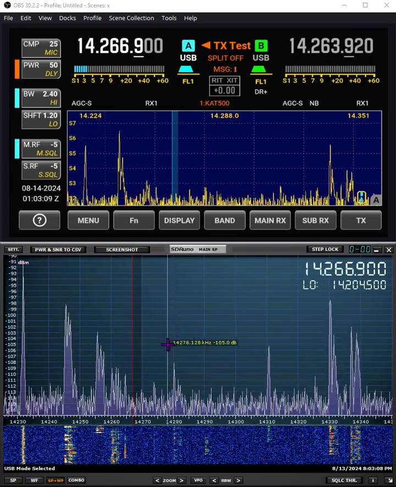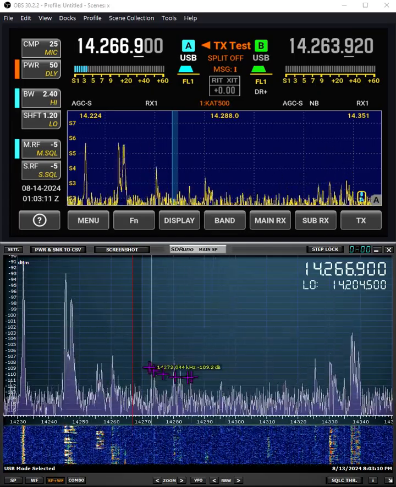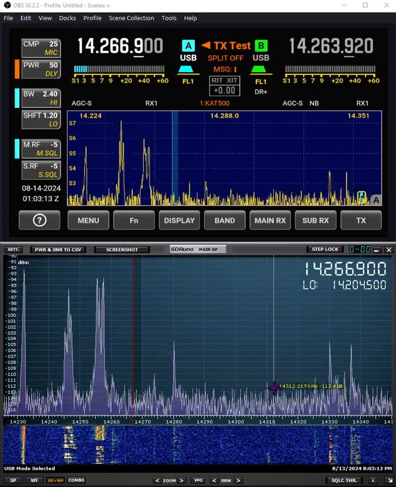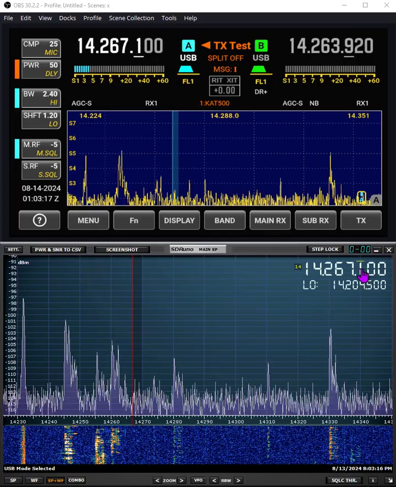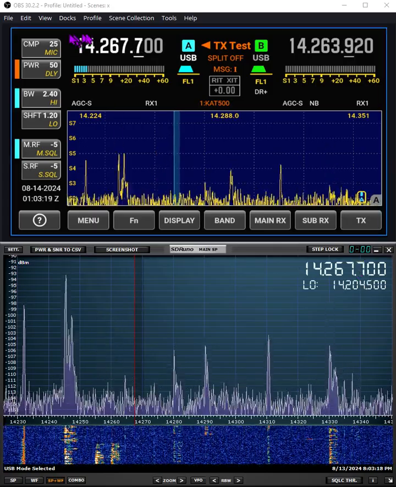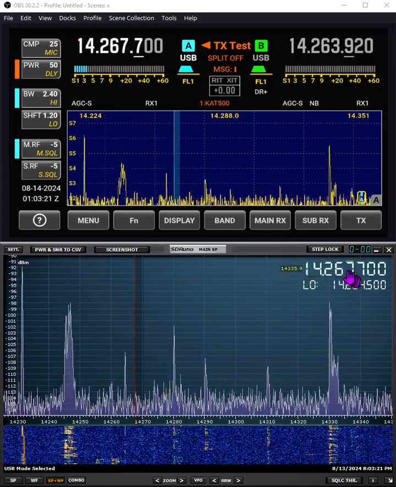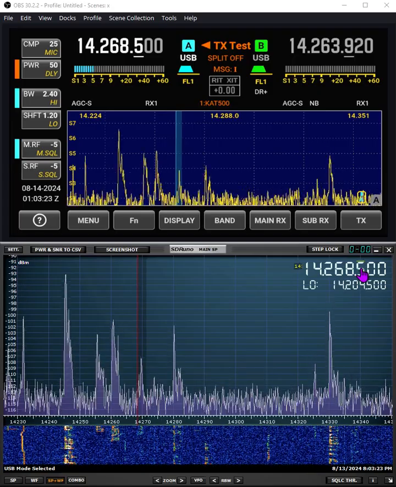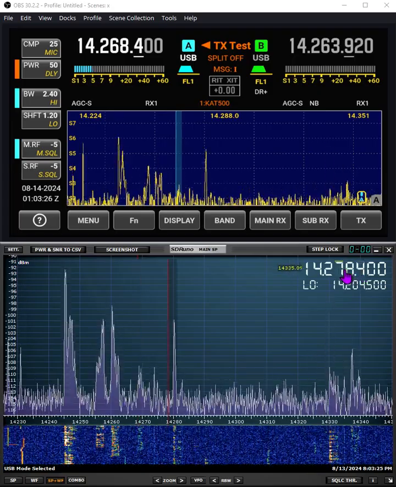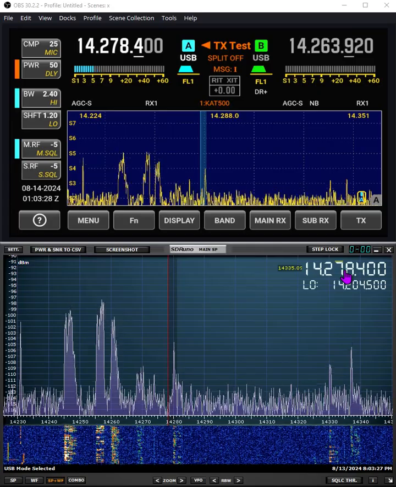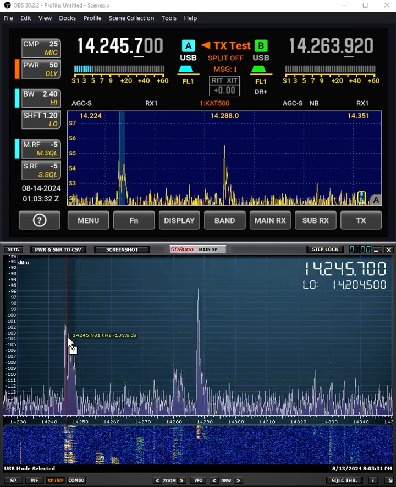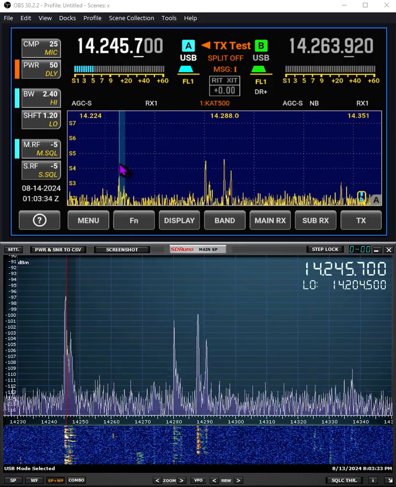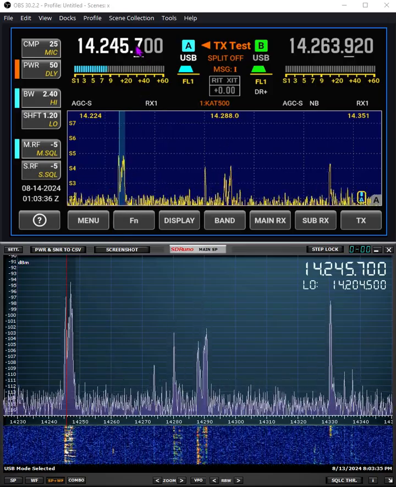operating the thing. As you can see, there are several signals here, and if I scroll up in frequency, you can see it changes up here. So the radio is communicating with the SDRUNO software and vice versa. If I click on this signal, you can see the radio change to go here, although this is probably